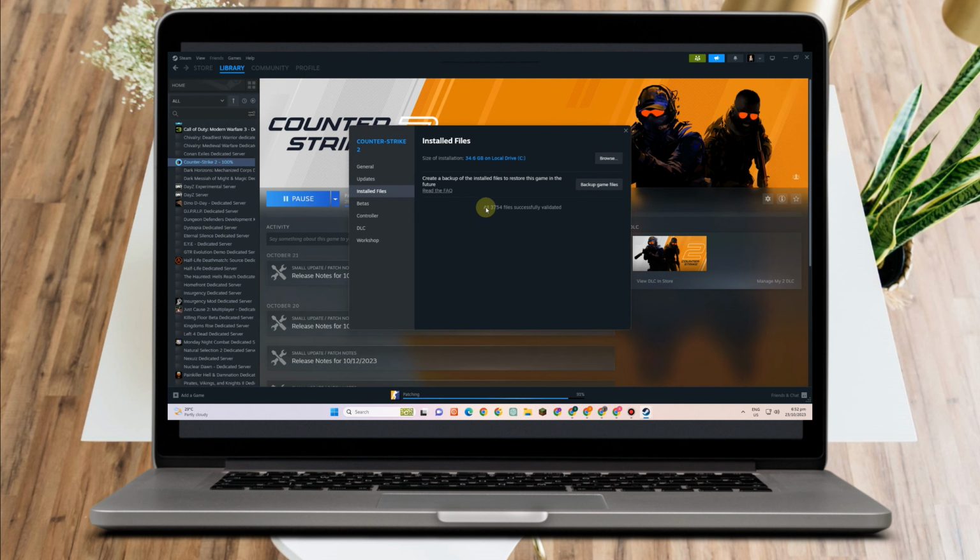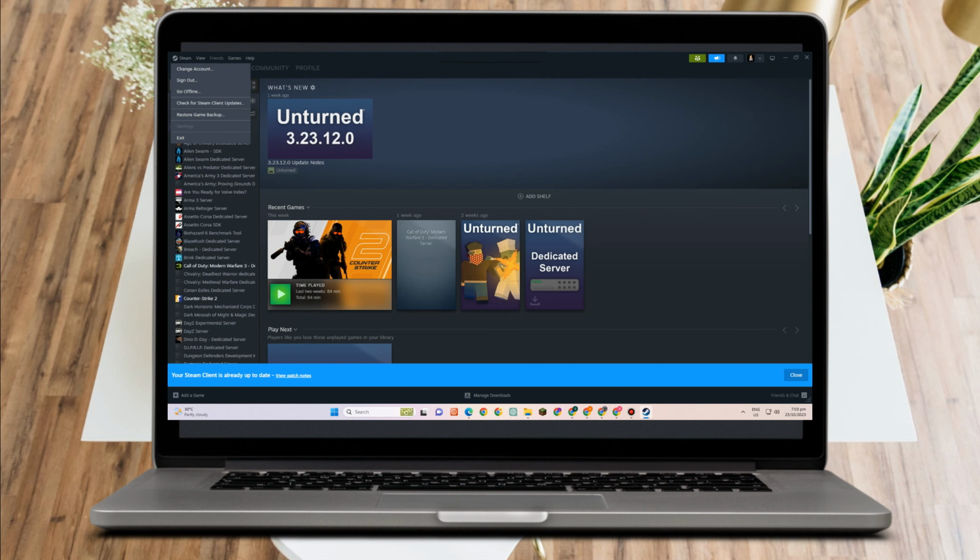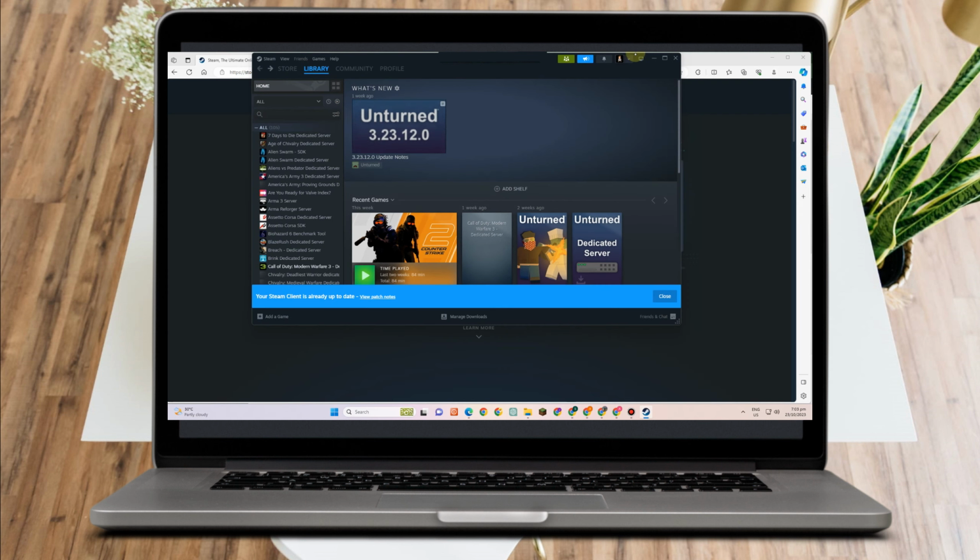Okay, so successfully validated. Now you just have to click the game, and if you still encounter the same problem, proceed to the next thing. You just have to go to your settings and then clear cache. Once you're done with that, if the problem still exists,